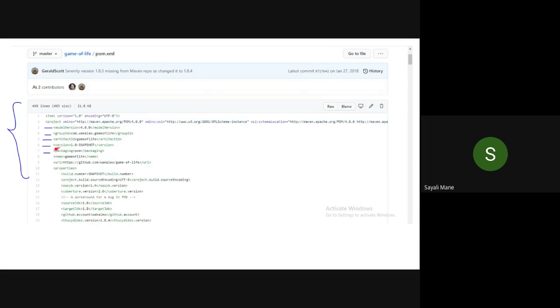In the next one, there is version again. It also indicates the version of the respective program. And then one more term: if you scroll down, in line number 30 or 31 you will see the word plugins. In plugins, you will come to know which types of plugins are required for this project or already there.